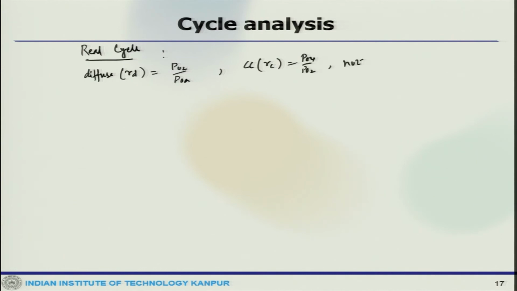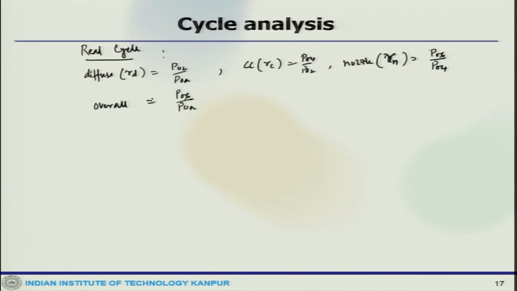Then we have the nozzle, R n equals P naught 6 by P naught 4. So, these are the stagnation pressure ratios that we can define, and the overall pressure ratio is P naught 6